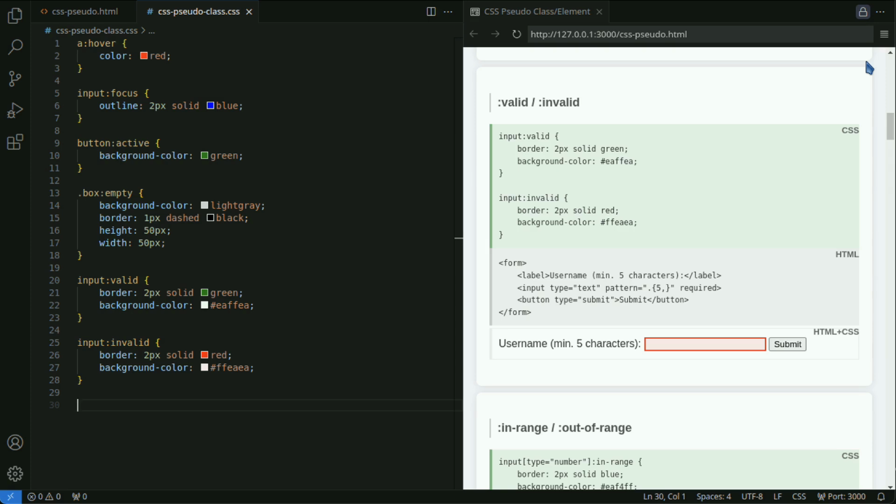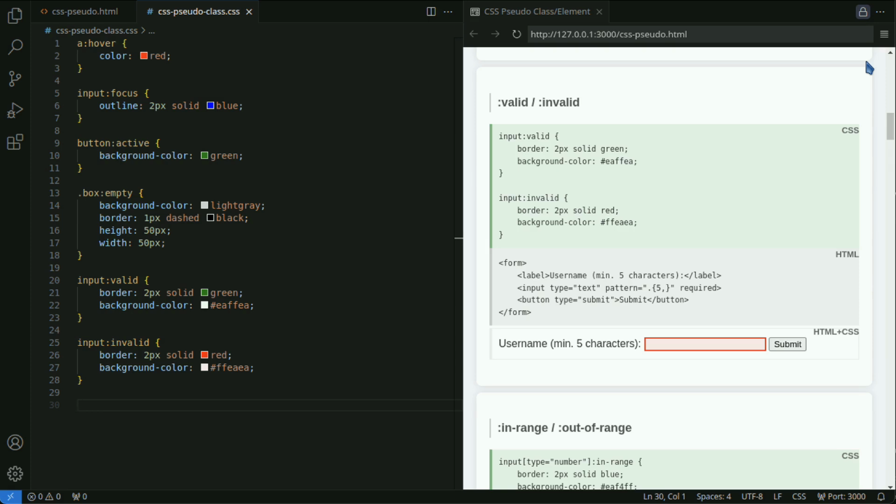Valid is a style applied to form elements with valid input values. The valid style is applied when conditions specified by HTML attributes like pattern or type, e.g., email, are met. Invalid is a style applied to form elements with invalid input values.